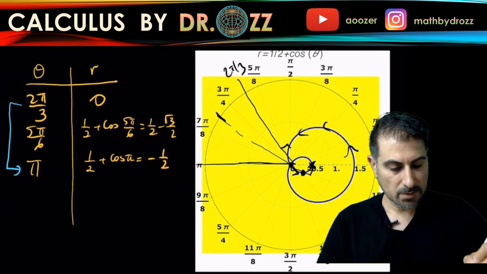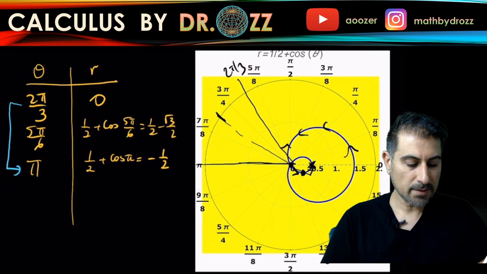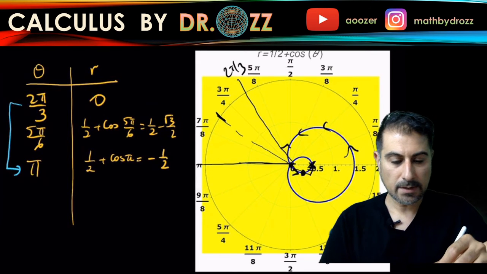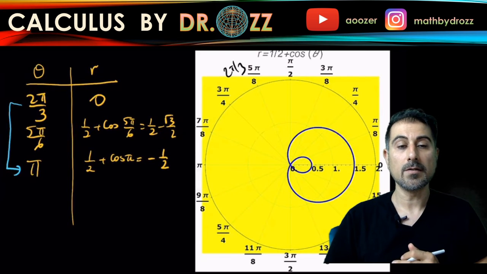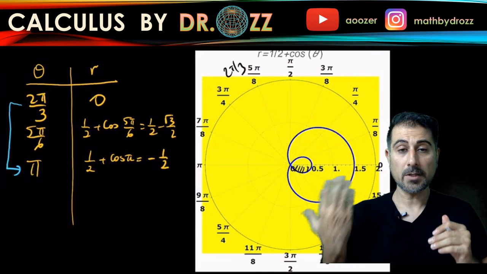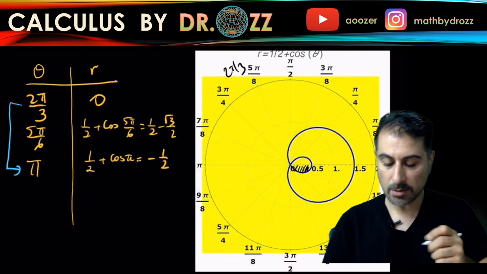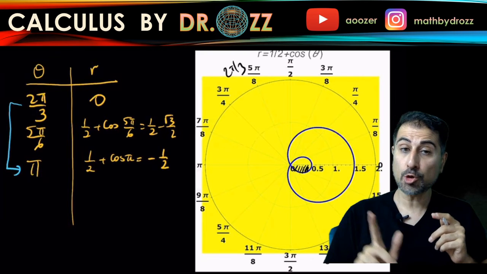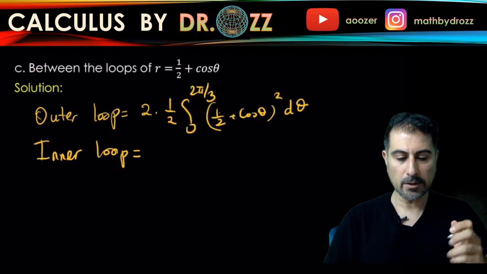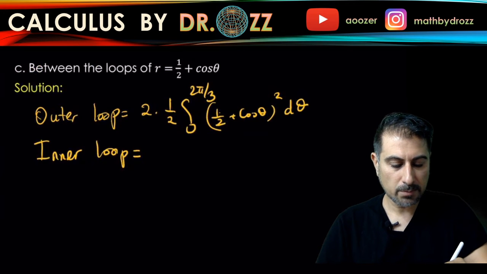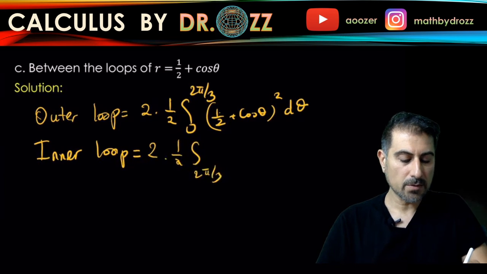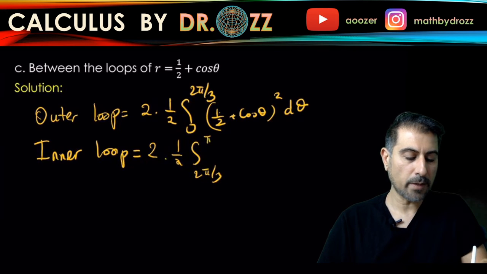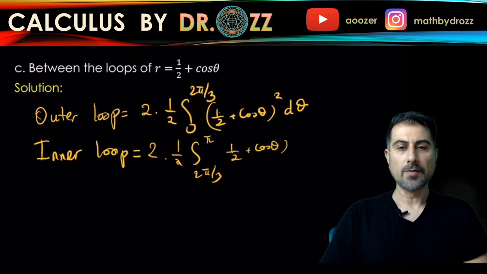That's awesome because if I think about this in the integration sense, to get the area of the half loop, all I'm going to do is just integrate. In the integration formula, I'm going to take the lower limit to be 2 pi over 3 and upper limit pi. So here we go. And I have, by the way, 2 parts of that to get the full inner loop. Okay, so I'm going to multiply everything by 2, and I'm going to keep integrating that from 2 pi over 3 to pi. Okay, so this is 1/2 plus cosine theta squared d theta. Okay, the rest is just